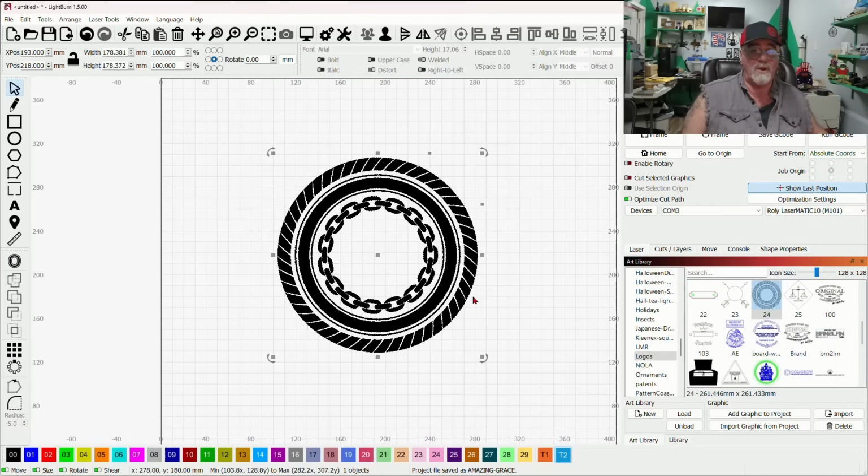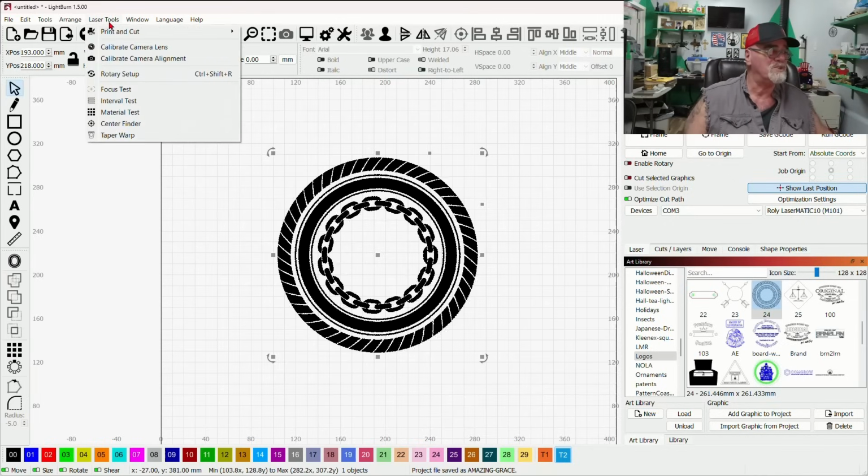And you can go online on YouTube and do a search for tapered tumblers, and you will get all kinds of videos that will take you through an hour-long video on how to use a specific mathematical formula with calculus and everything else to figure out what the taper is. Well, no longer, because if we go up here to the top where it says laser tools, we will find a new entry here called taper warp. Yep,